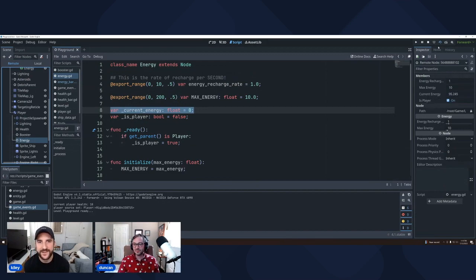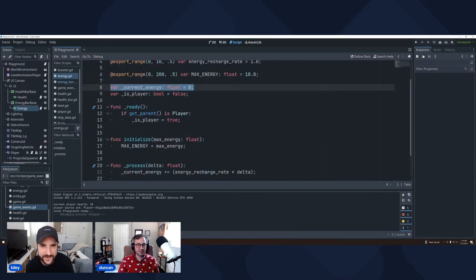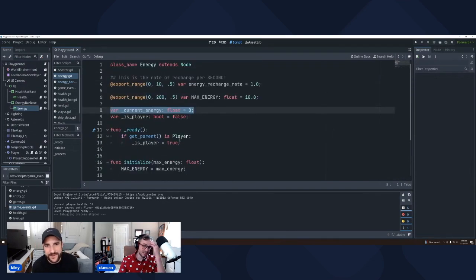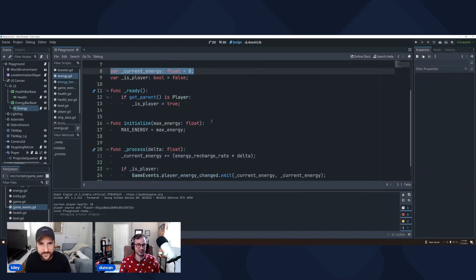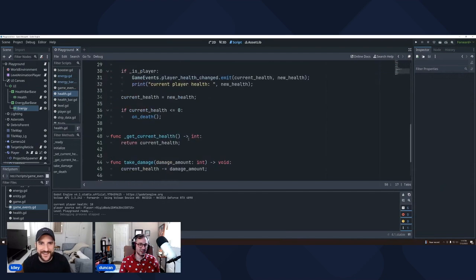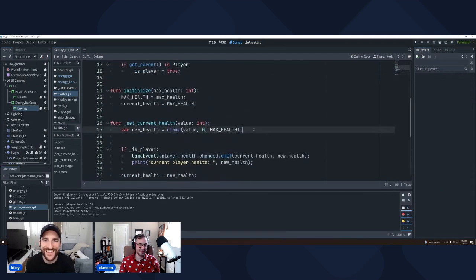So how do you clamp things? Godot has a lot of, and GDScript is really cool because it was kind of designed to be used for games. So it has a lot of really handy functions built in. And you know, I say that and you're going to say, oh, wow, like a clamp function. But basically what we'll do is we'll clamp it.